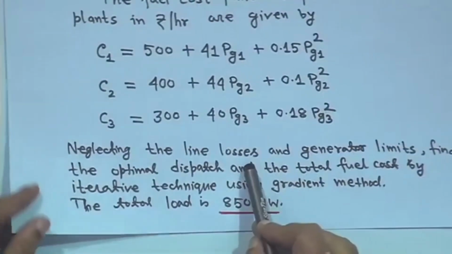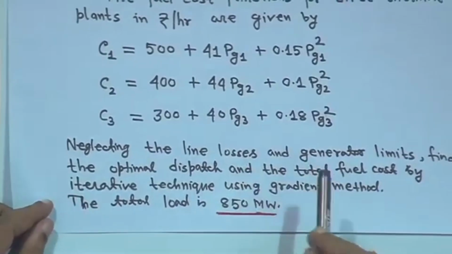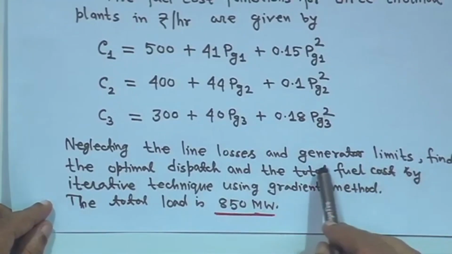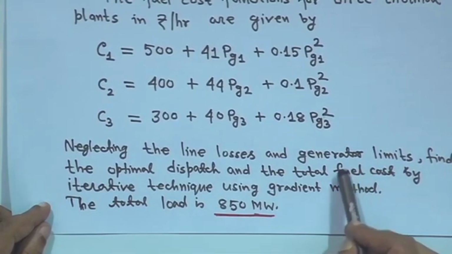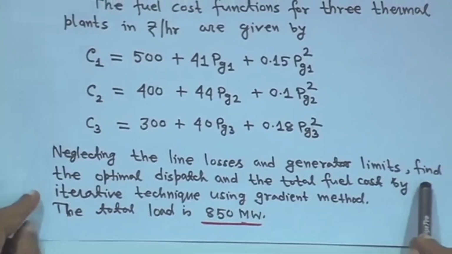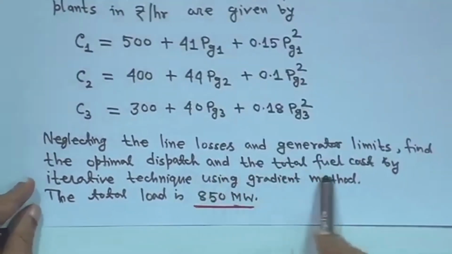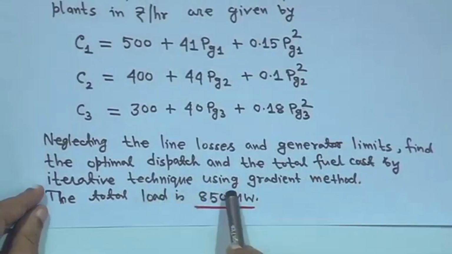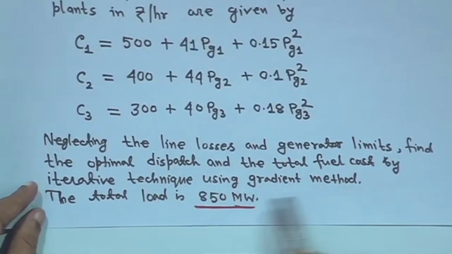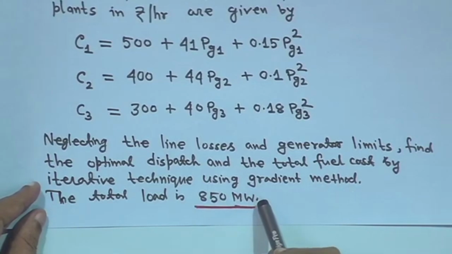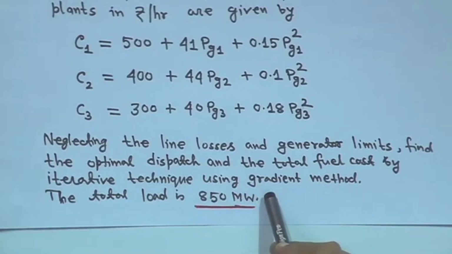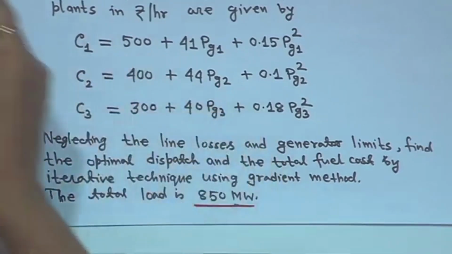You neglect the line losses. First we will neglect the loss, right, and generator limit is also not there. We will consider that in the next problem. You have to find out the optimal dispatch and the total fuel cost by iterative technique using gradient method. Total load is 850 megawatt, right. So, using this data,